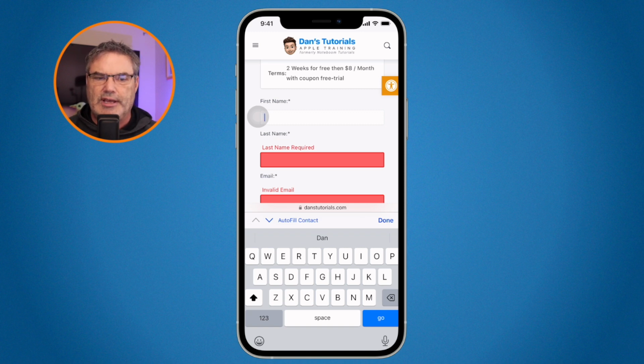So you won't typically see that on zip codes. But what I would recommend doing is getting hold of the developer, the person that develops the app or the website, and make a suggestion.